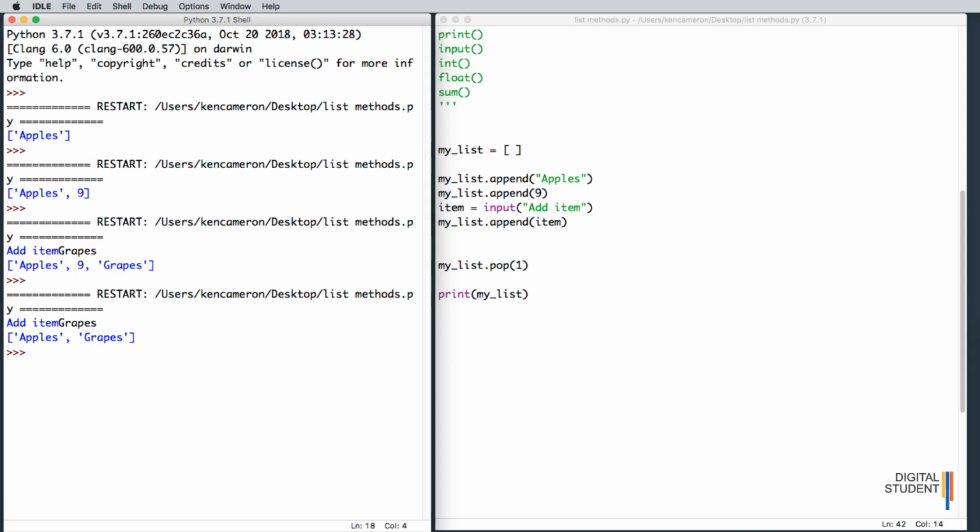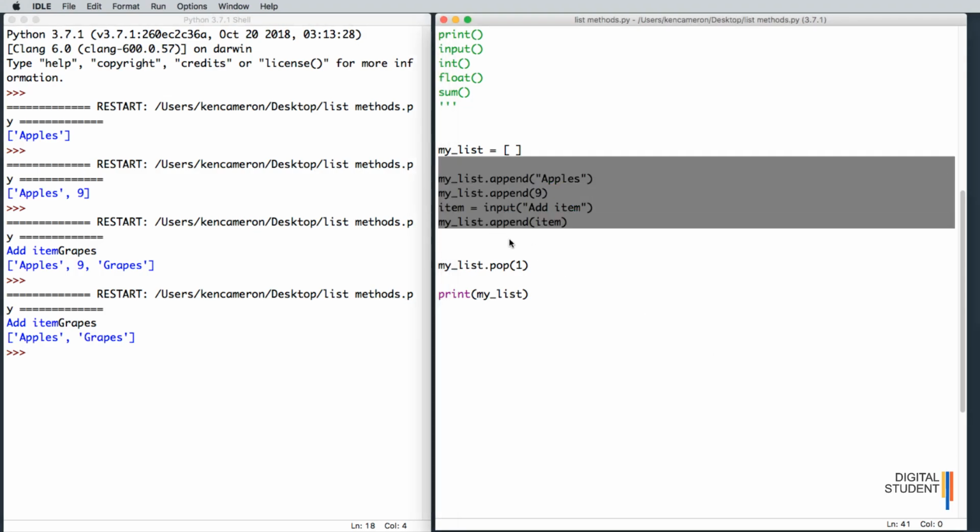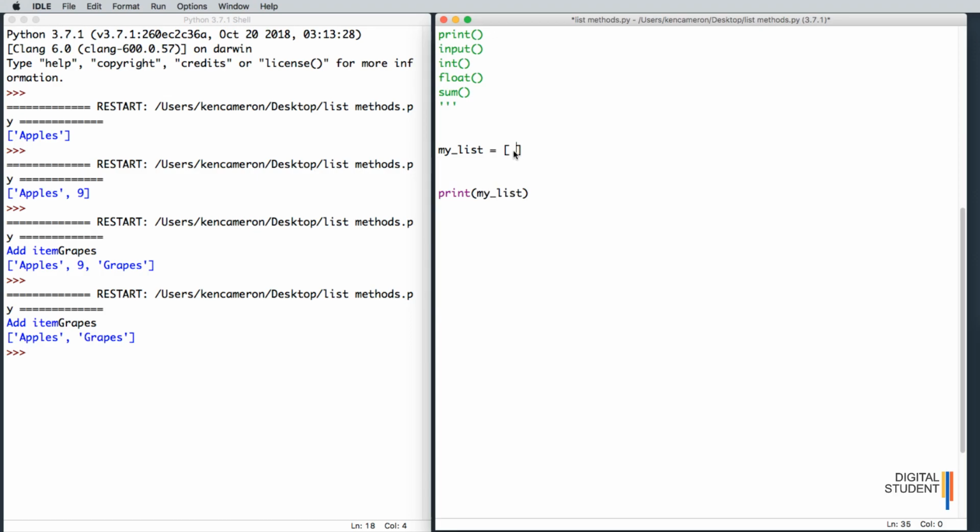Now let's look at insert. So how do we insert? Now it works slightly different. I'm going to clear this time and we'll start afresh. So let's just have a few values. So let's start with an integer, and then let's have a float, and then let's have a string. Okay. So in order to insert something, we first need to tell it where we're going to insert it, what position, and then we're going to say what we need to insert. So I can say my list